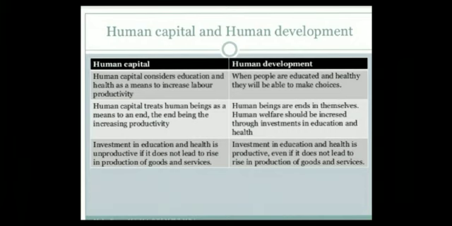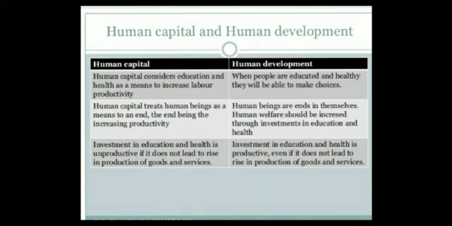Human capital treats human beings as means to increase productivity. Any investment in education and health is unproductive if it does not enhance the output of goods and services. However, according to human development, human beings are ends in themselves. So human welfare should be increased through investment in education and health, even if such investment does not result in